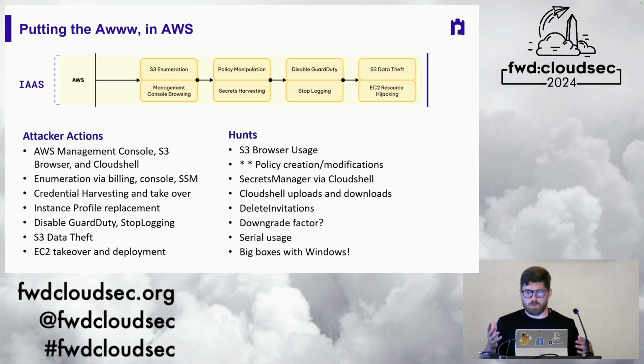EC2 stuff, pretty cool. Enabling serial and then connecting via EC2 Instance Connect over serial, sometimes directly connecting via SSH. Often creating really large EC2 instances, C5 AD X-large boxes, $50 an hour boxes, and putting Windows on them. Nobody puts Windows on boxes that big. Stack all of your EC2 instance creations, and you'll see some that stand out. N45. Keep going.